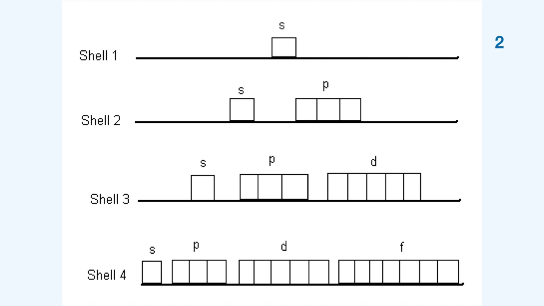So for shell 1 or energy level 1, we have 2 electrons, so 2 arrows, 1 up and 1 down. For shell number 2, we have 8 electrons. At since meron tayong dalawang sublevels, S and P, and S has 1 orbital while P has 3 orbitals, so let's put some electrons. Okay, for P,